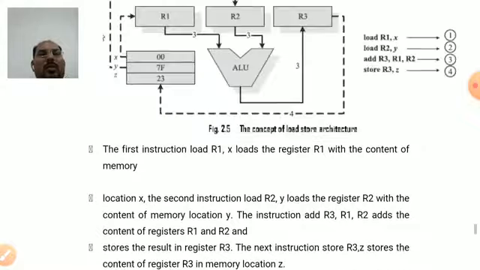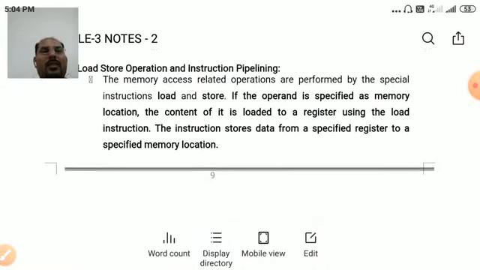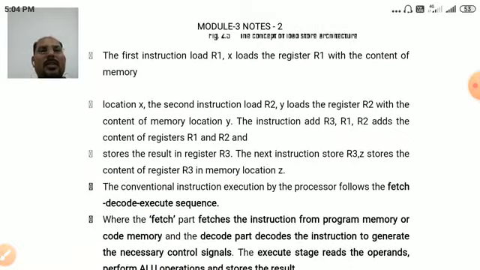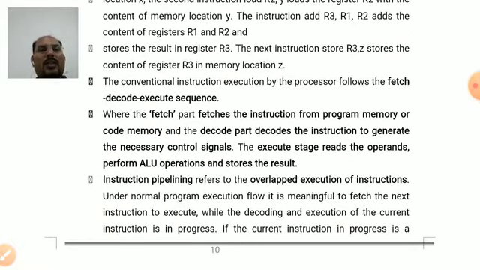Then we'll move on to instruction pipelining. As I have already told, any processor or controller follows the fetch, decode, execute and storing sequence. Fetching is taking the instruction from the memory. Decoding is decoding that instruction into the sequence of operations to be performed. Then executing is performing those operations. Storing means after performing, the result I have to either give it to the input output outside world, or I have to store it in the memory or in the registers.